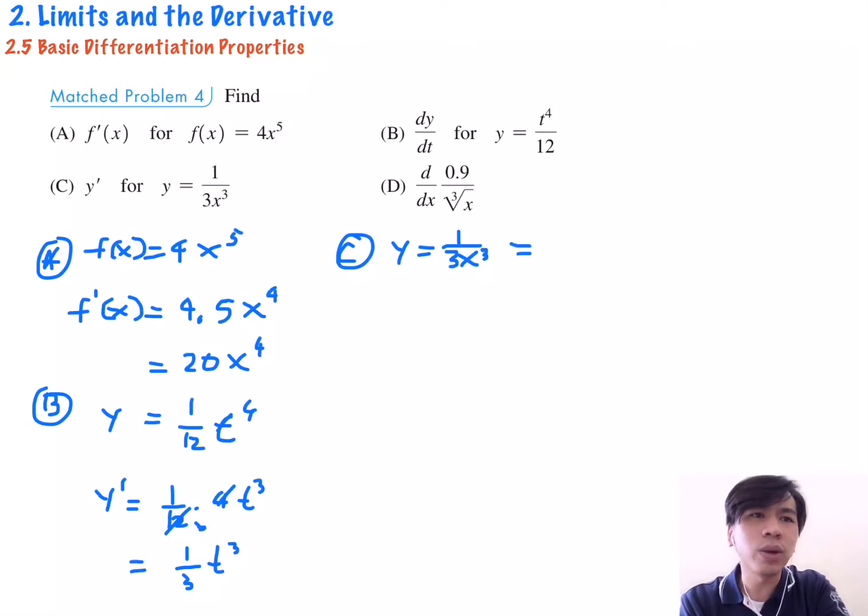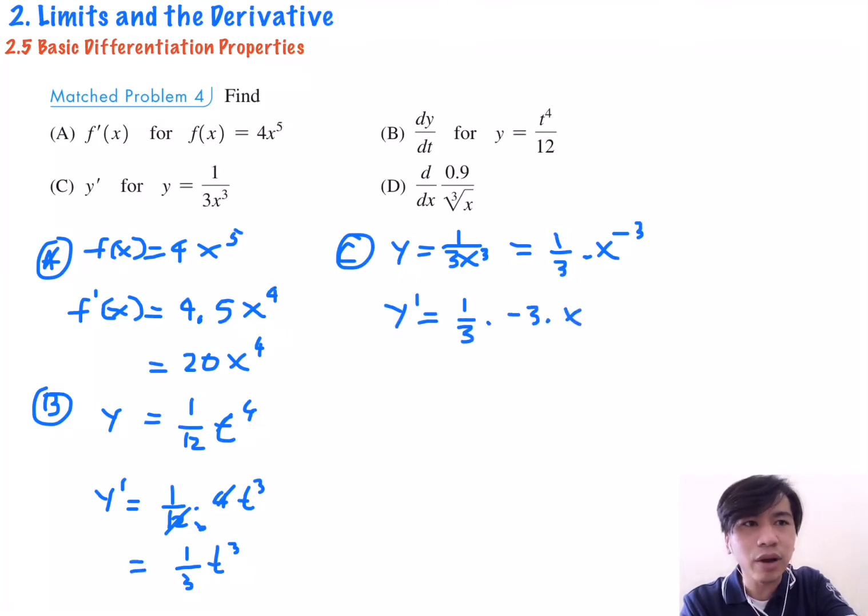So y equal with 1 over 3 x to the power of 3, we can also write it as 1 over 3 times x to the power of negative 3. This is algebra, so we can convert it like this, and then y prime will be equal to 1 over 3, stay the same, and negative 3 times x to the power of negative 4, because negative 3 minus negative 1 is negative 4, and we can just put it as negative x to the power of negative 4. Okay, D, last one, we have